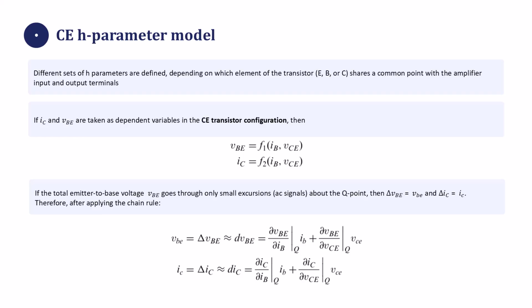Now here is the key small signal idea. If VBE only makes small excursions around the Q point, we call that small change vbe in lowercase, and the corresponding change in collector current ic also lowercase. Applying the chain rule to this function gives us two equations, one for vbe in terms of partial derivatives with respect to IB and VCE, and one for ic in the same form. These 4 partial derivatives evaluated right at the Q point are exactly the 4 h parameters we are about to